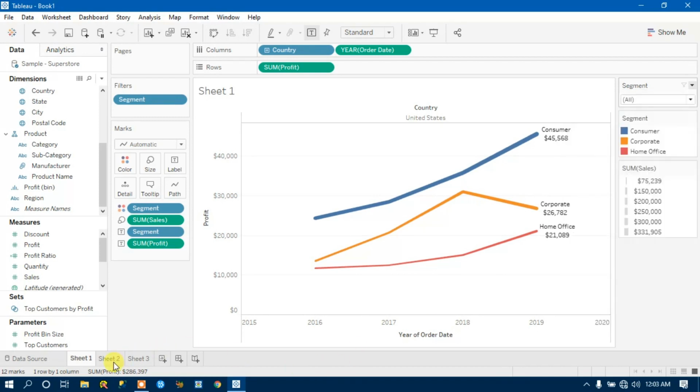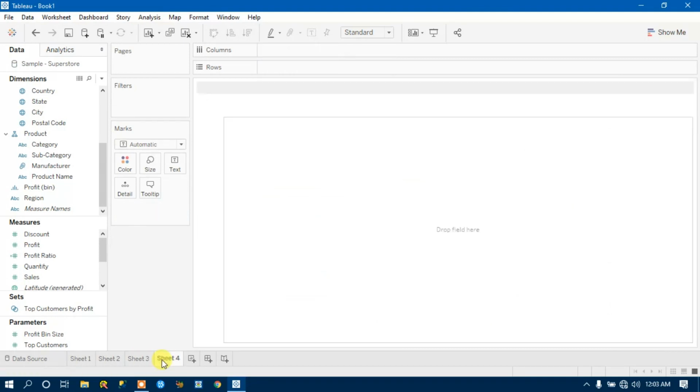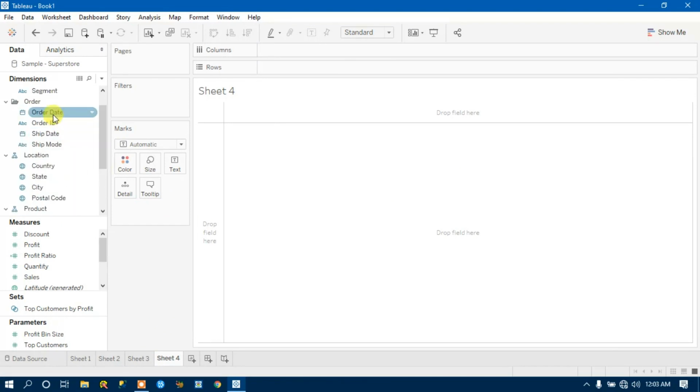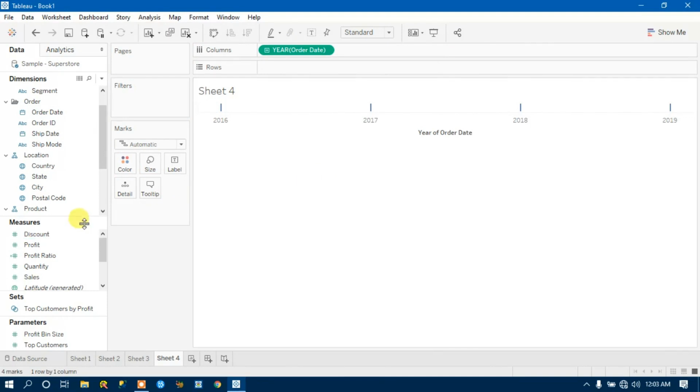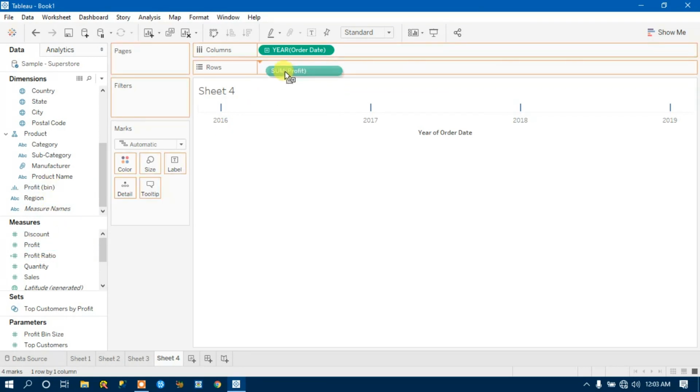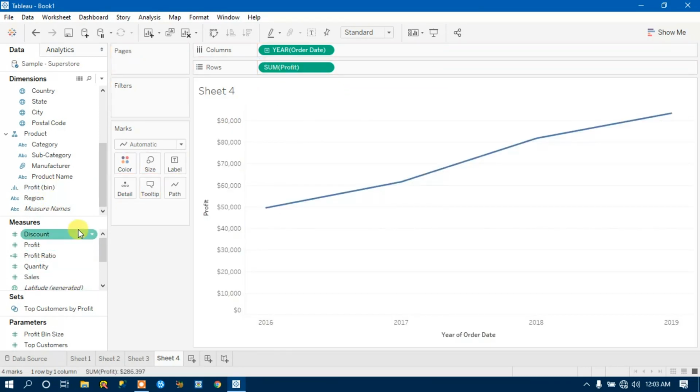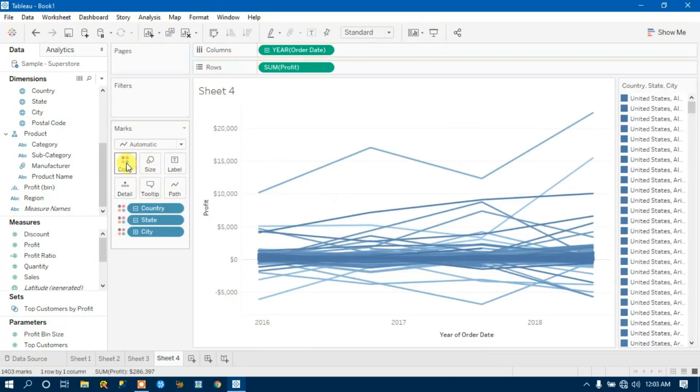Let me create a visualization for you. Let's pick the order date first. Right click, drag it over, pick here, it will show in continuous, and then let's pick profit and drag it over here, and let's pick the city on color.